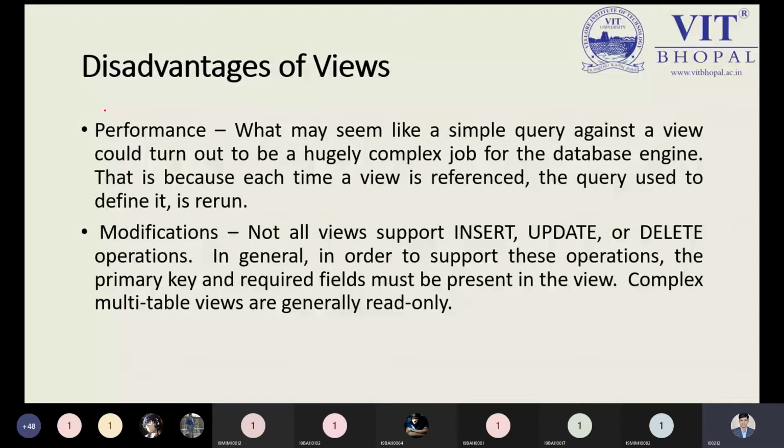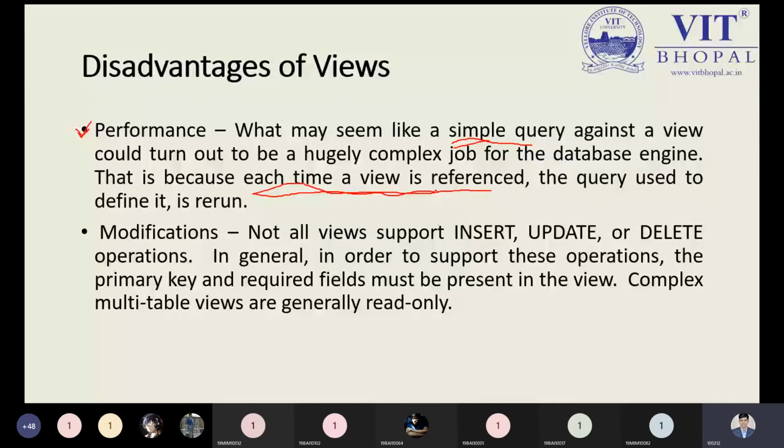Now, performance, of course, is a major issue. How can you say it? It's a very simple thing. Since we are talking about a simple query, there is no issue. But when you have a complex query, the view sometimes will not stand in the proper way. Each time a view is referenced, because every time we are creating the view, it is taking the reference from the actual table.